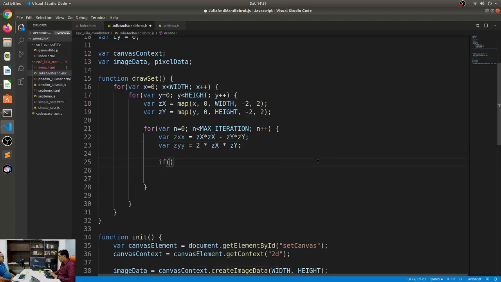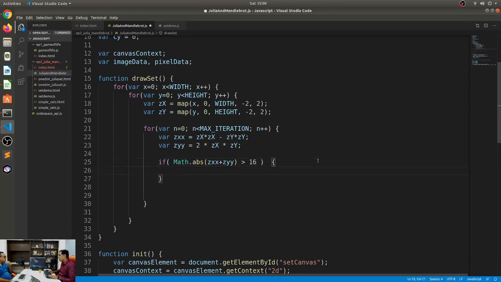And now, if I say math.abs, if zxx plus zyy exceeds a specific, an arbitrary amount. I know that if it exceeds, let's say 16, for example, then it will remain unbounded and I can just simply break out of this loop.